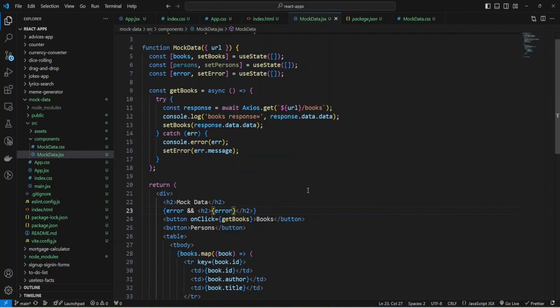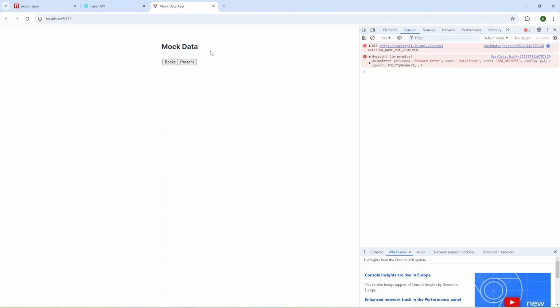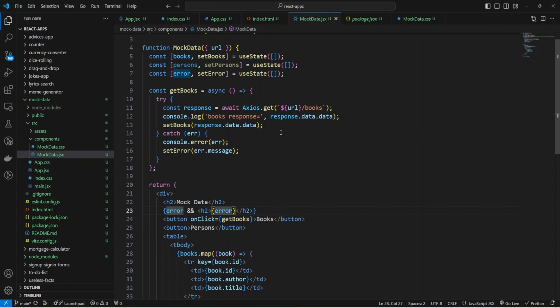Let's check what we have now. I'm going to refresh and press books, and we have a network error, and the user was notified.